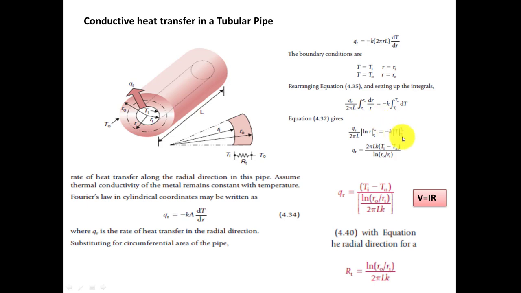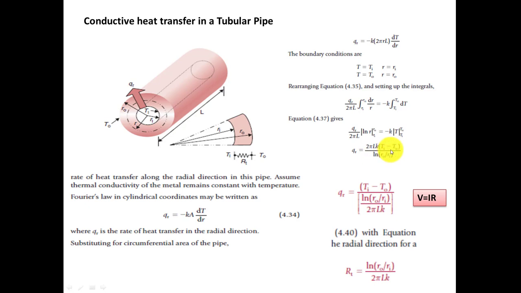So here we will be left with To minus Ti. When you open this equation, it will be k bracket To minus Ti. In the next step, this negative sign has been changed because the negative was brought outside, and when you flip this To minus Ti, it will become Ti minus To, and this negative sign will be removed. So Qr finally will be 2 pi L k into Ti minus To divided by natural logarithm of ro upon ri. So by this equation you can determine the conductive heat transfer in a tubular pipe.